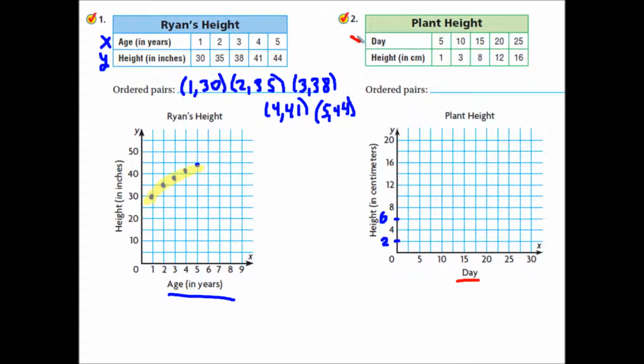So our first ordered pair is (5, 1). The next one is (10, 3). The next one is (15, 8). Then we have (20, 12),